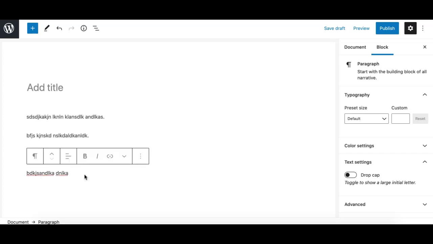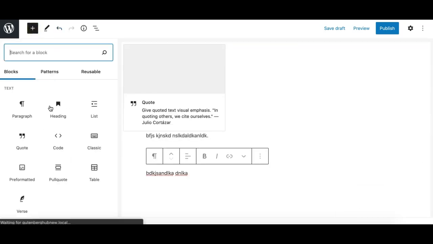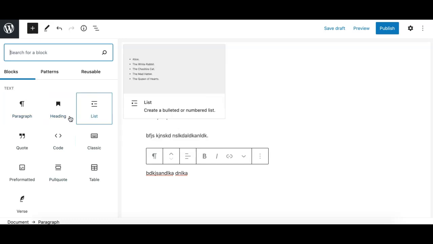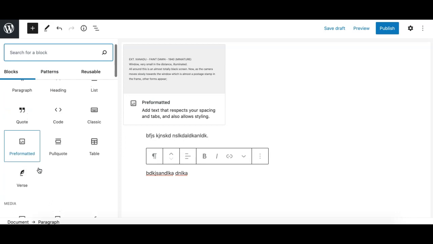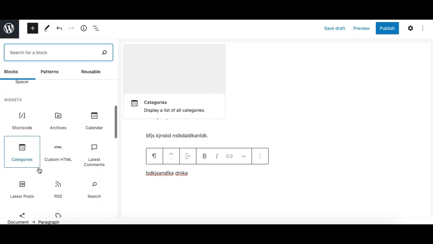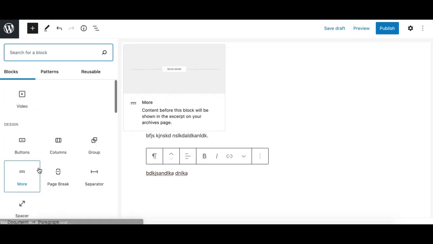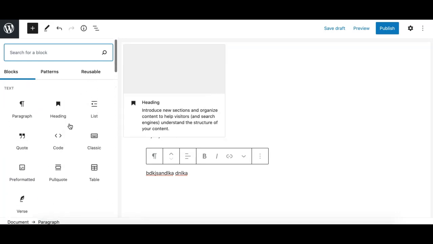However, if you want to add something different than the paragraph, you have to add a block, and there are a few different ways you can add a block in Gutenberg Editor. One way to add a block is by clicking on this plus icon on the top toolbar in the Gutenberg Editor. You need to click on this and it opens up this block inserter window on the left side, and you can search for your block, for example from here, or you can browse the blocks by scrolling down in the inserter window and find the block you are looking for,